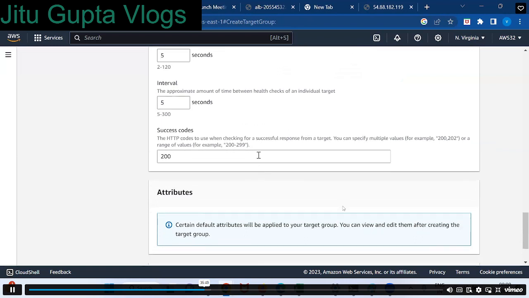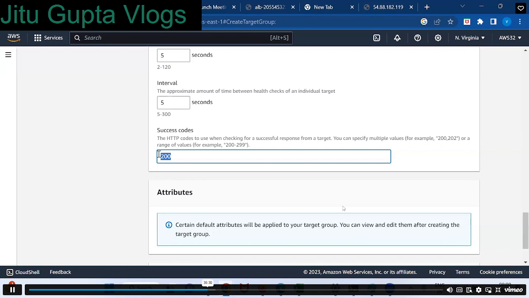Next, status code. This is the main point. The load balancer understands my server is working fine based on the status code. If you search something in Google, you will get some page. If you're not getting any page, there is some issue. What response will you get? Page not found, 404, 503, 200. 200 is success, 502 bad gateway, 503 service unavailable. So many status codes are there, right? If I'm not receiving the 200 success page, it means I'm getting some error, right? Success page